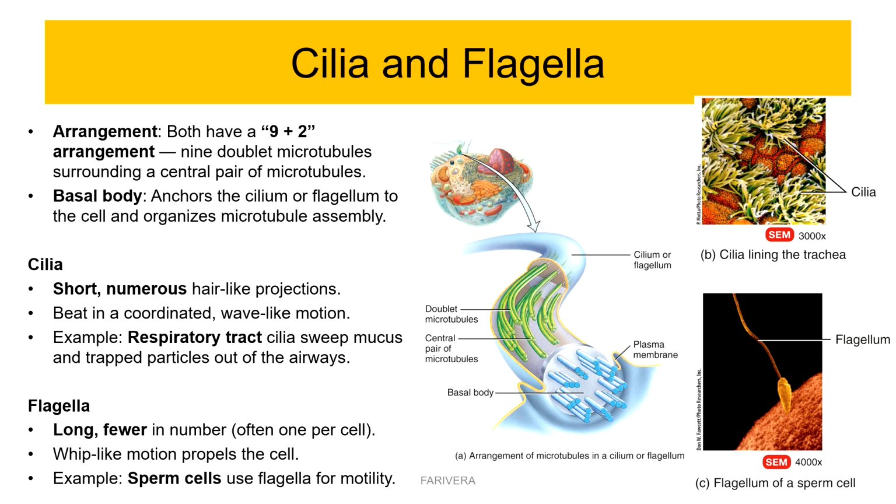Now, the cilia and flagella contain organized microtubules. Cilia are short and usually numerous. They beat in coordinated movements. A major example is found in the respiratory tract, where cilia help move mucus and trapped particles away from the lower airways. For nursing, this is a very useful clinical connection. Effective ciliary movement is one of the body's normal airway defense mechanisms. So when mucus clearance is impaired, secretions and microorganisms can more easily remain in the respiratory tract.